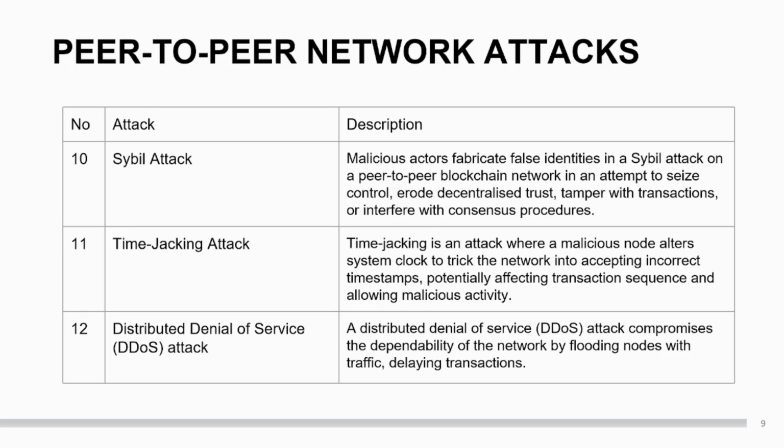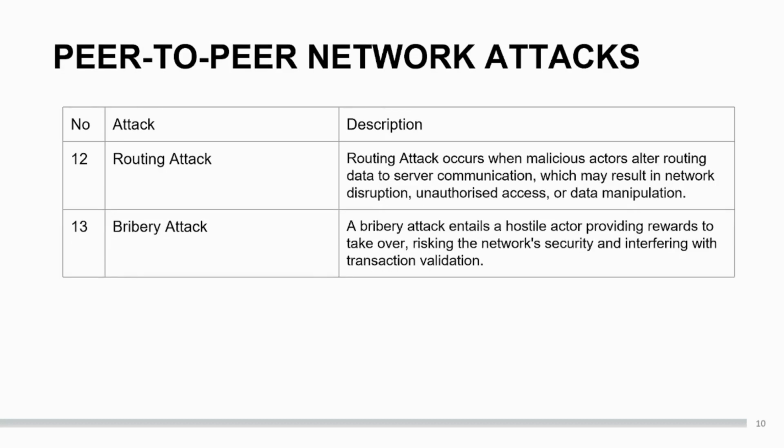DDoS attack compromises the dependability of the network by flooding nodes with traffic and delaying transactions, where botnets are used. Then a routing attack. A routing attack occurs when malicious actors alter routing data and server communication, which may result in network disruption, unauthorized access or data manipulation. A bribery attack entails hostile actors providing rewards to take over, risking network security and